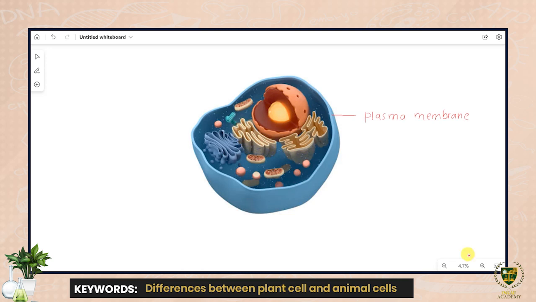And this is the endoplasmic reticulum. Clear? And this one is the mitochondria, the powerhouse of the cell,